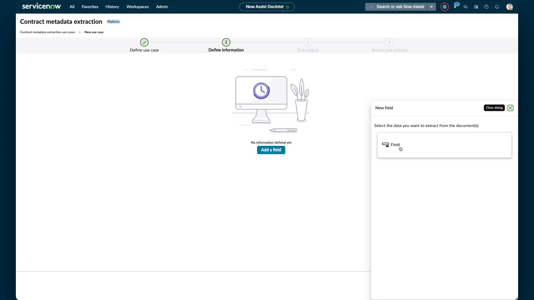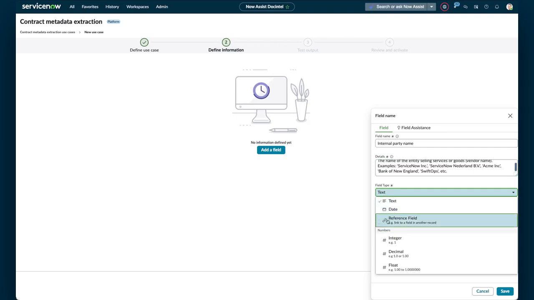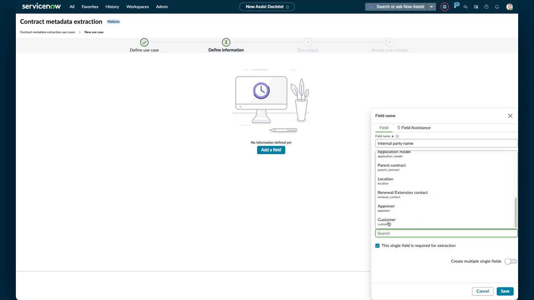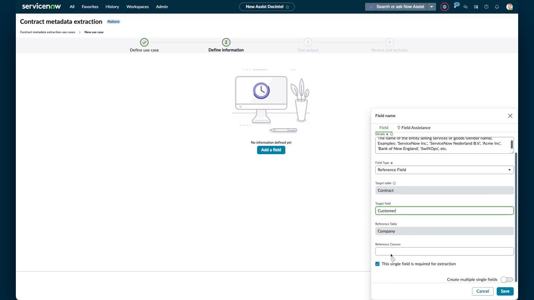Select Field. Enter the field name. Enter the description of the information you want to extract. Select the type of field. Select the target field. On selecting the target field for a reference field, the reference table, reference column, and distinguisher